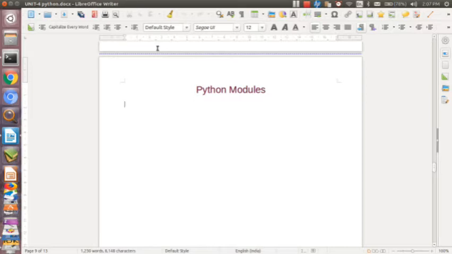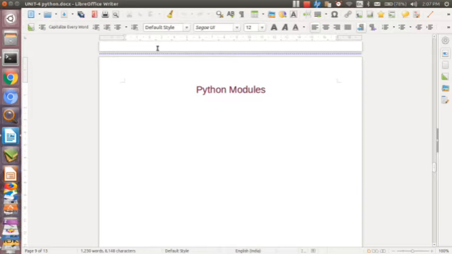So any file which has the extension .py can be considered a module, and we can import these modules into other modules by using the names which we have defined in one file.